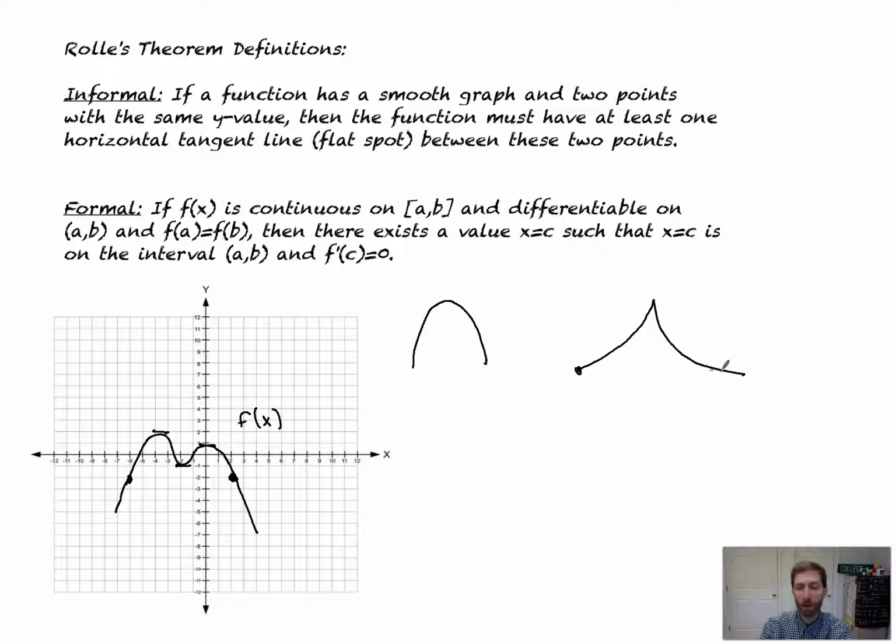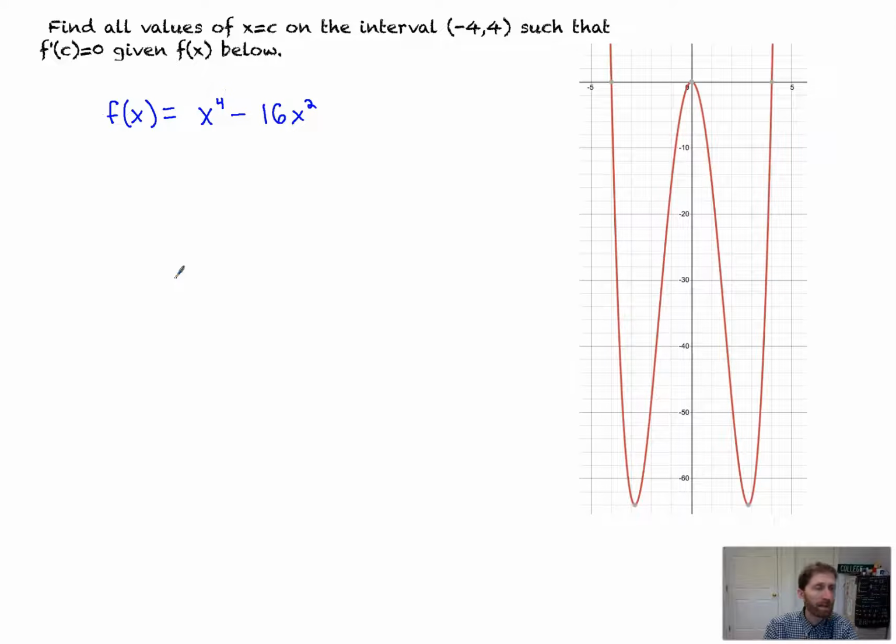So you've got 2 endpoints here that have the same y value, but we're not differentiable the entire time. And notice we don't have a horizontal tangent line. So you've got to be differentiable. Okay. So a type of problem that you might see in your textbook, or an example that you might see,